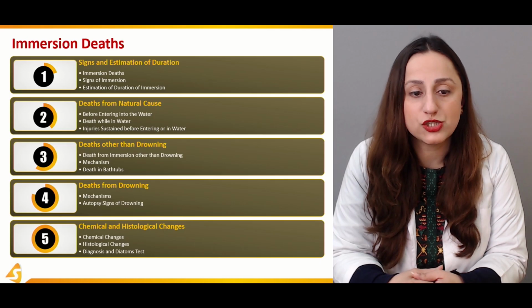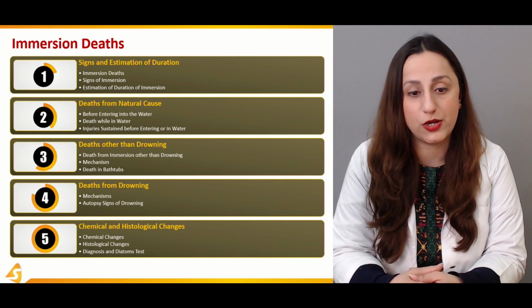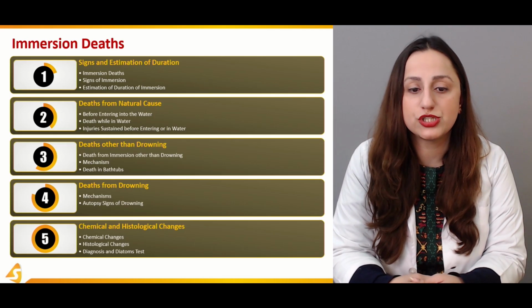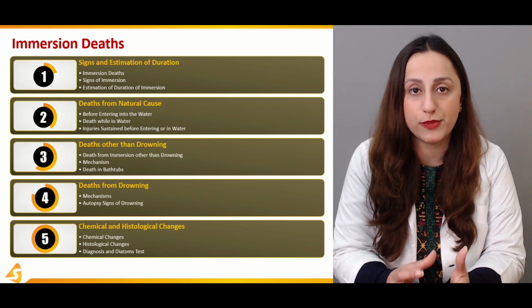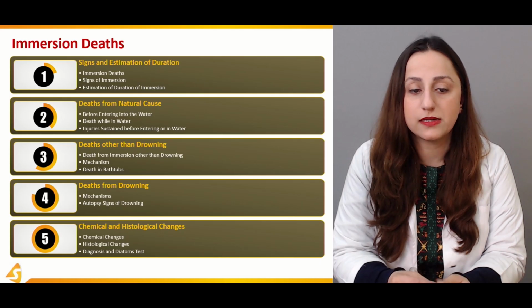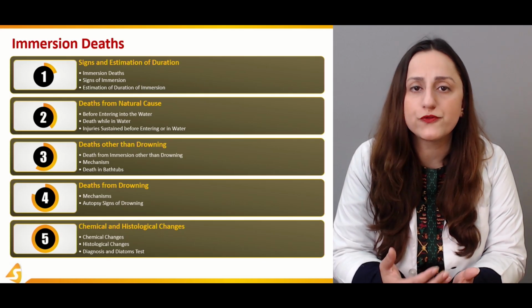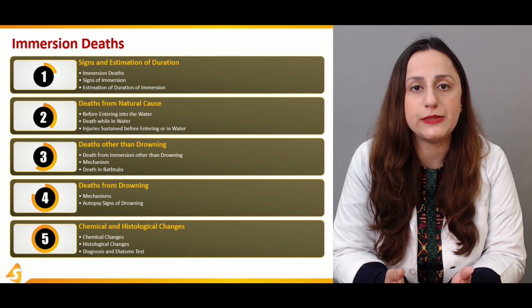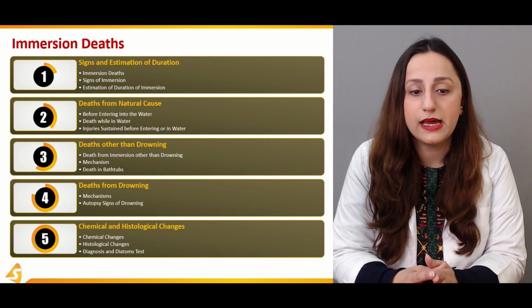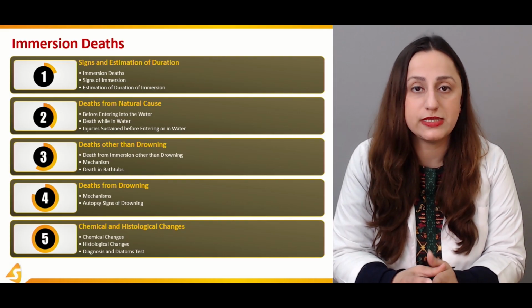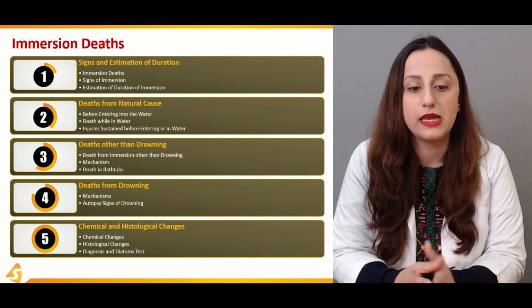Then in the third section, we'll be discussing the deaths other than drowning. Now, deaths from immersion other than drowning: the phenomenon of drowning is not the predominant phenomenon, and it is basically some other kind of trauma or some underlying pathology which was already pre-existing in that person. That will be discussed in this section, and the mechanism for all of these other types of drowning and death